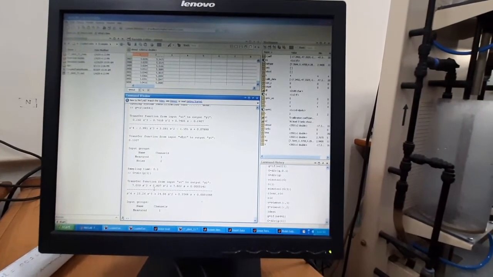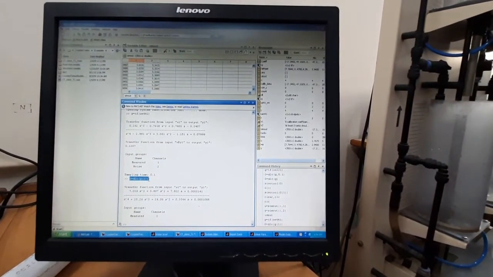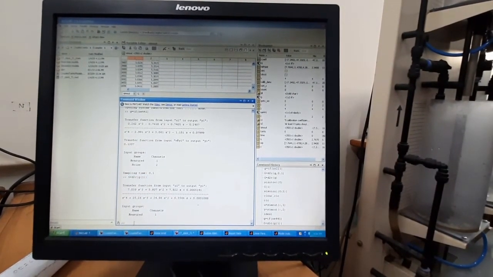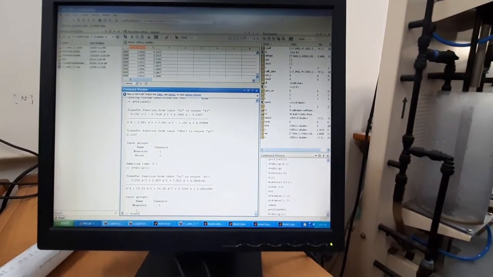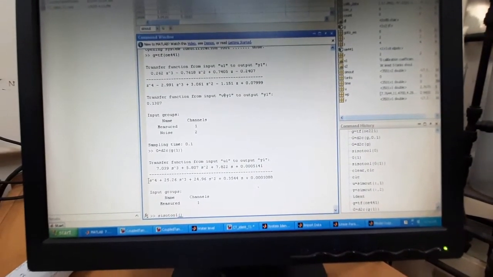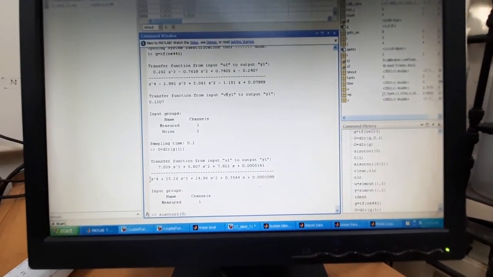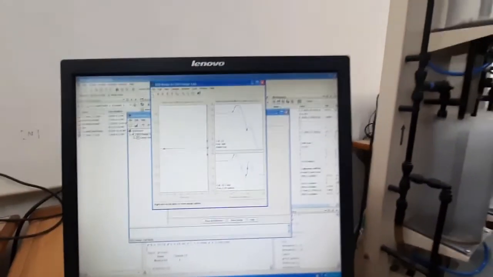We can see now we will use this capital G transfer function in our CISO toolbox. For that case, the command is just ciso tool, first bracket, the argument is our transfer function. We'll give this G. Once we open this one, again you know this GUI.